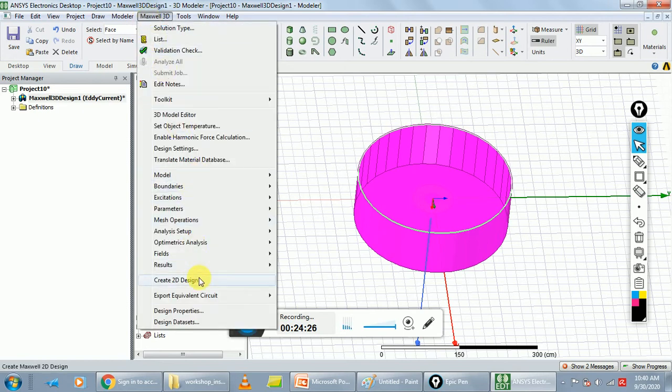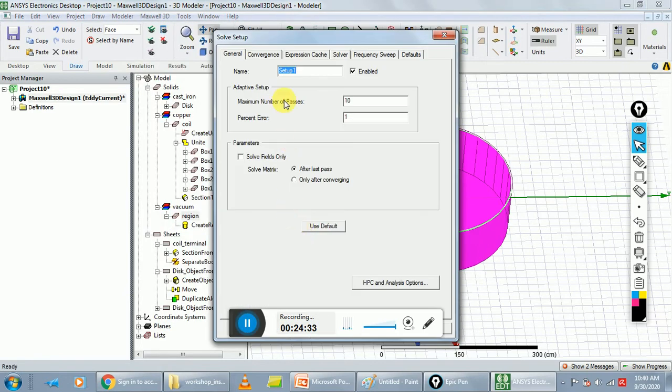Go to Maxwell 3D, click on analysis setup, add solution setup, and in general tab, refinement per pass is left as it is, and change the percentage error to 2.